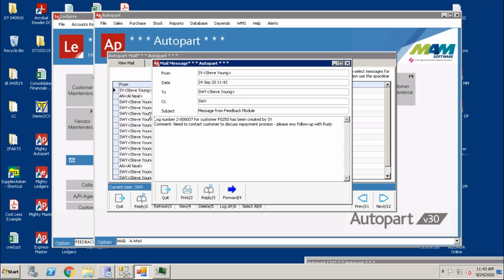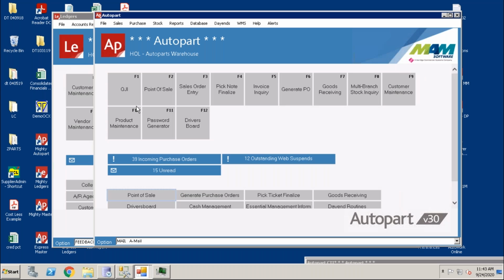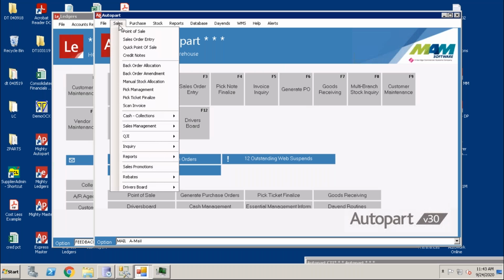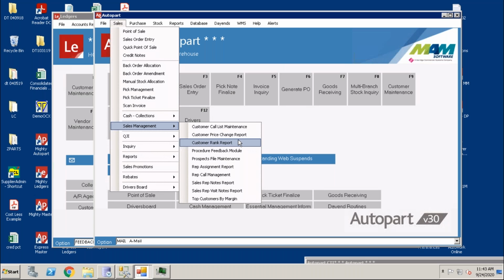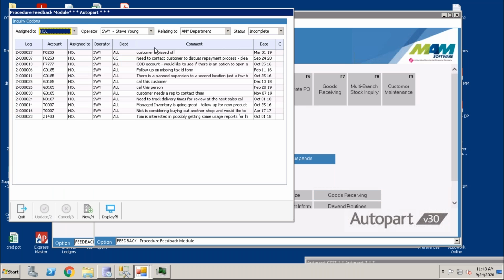All right. So I have a procedure feedback log. My feedback module here is set to this. So it's alerting me that I should go into the procedure feedback module and follow up on a particular activity. So as the sales rep or whoever this might be assigned to, I'm going to come in here and go to my feedback module,